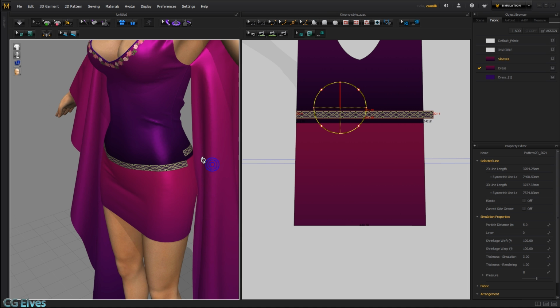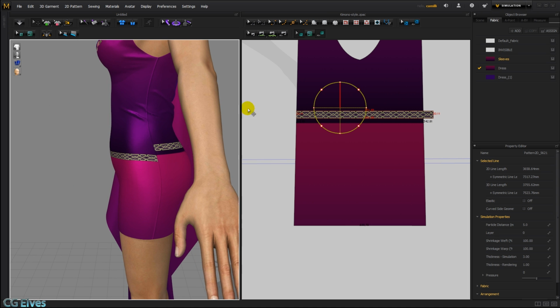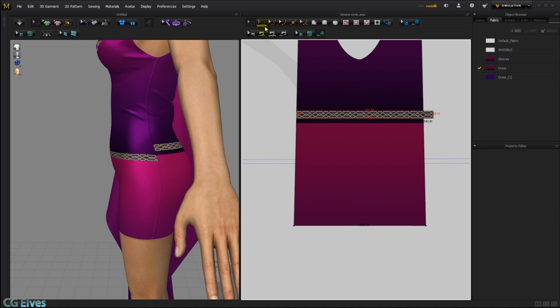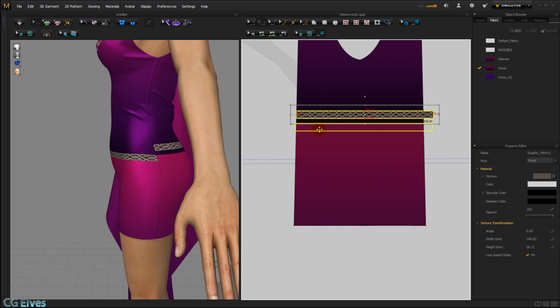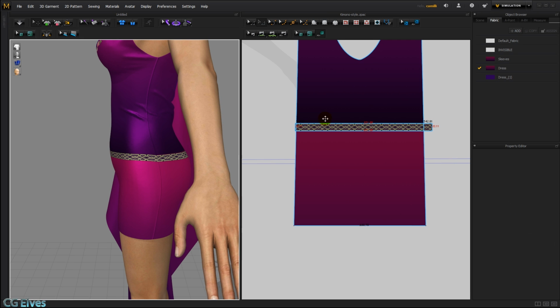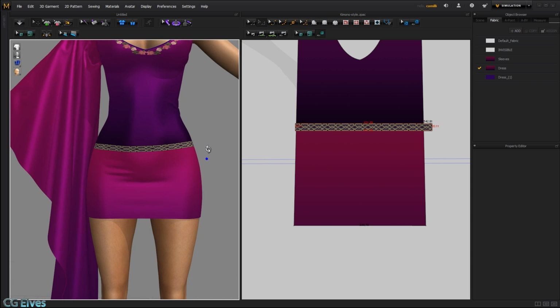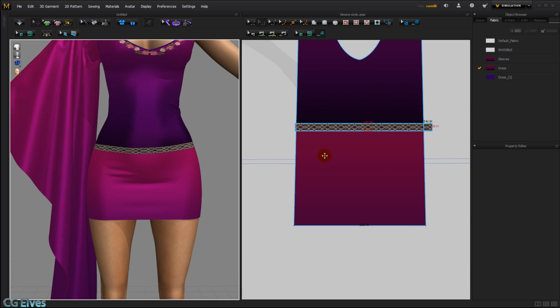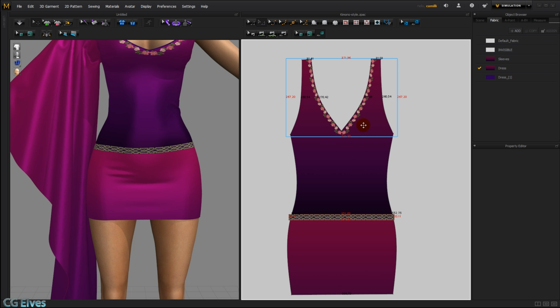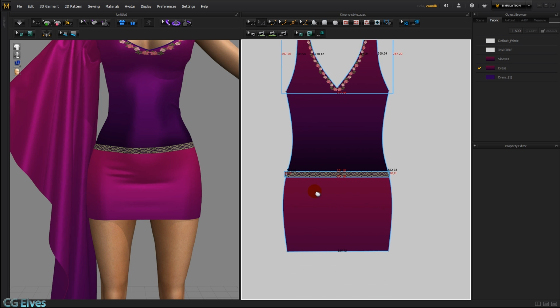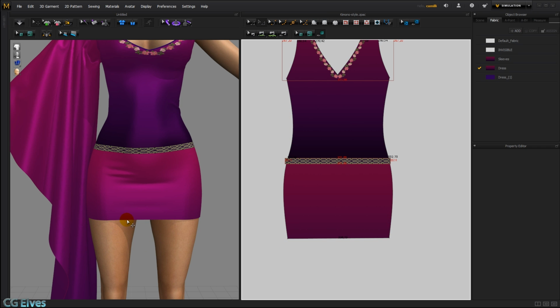Let's hide the sleeve, Shift Q, and this one, Shift Q, and then we can better see what's going on. Then take our trim, and there we go, that looks nice, and this texture has to move down a touch. Alright, so when you need to put trims, overlay trims, on parts of clothing that are rounded and not straight, or on top of the middle of clothing, then the 2D graphics tool is really the best way to do that. Otherwise, it's fastest if you want to add trims to the bottoms of clothes or the bottoms of sleeves,